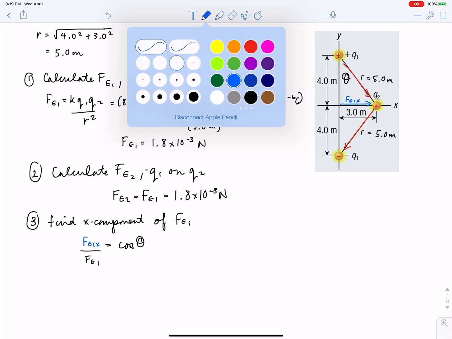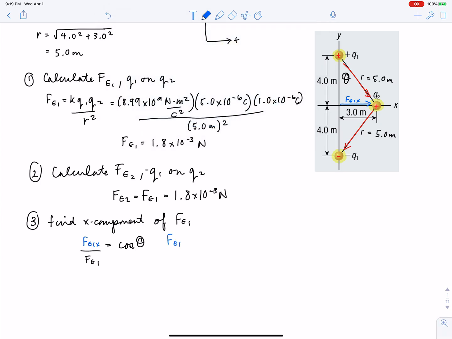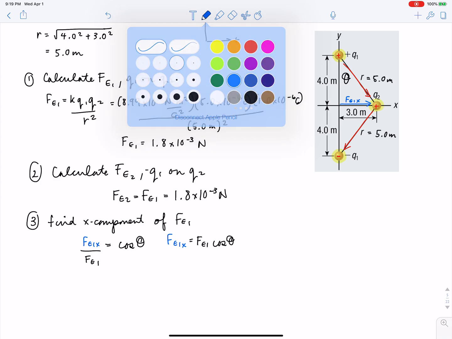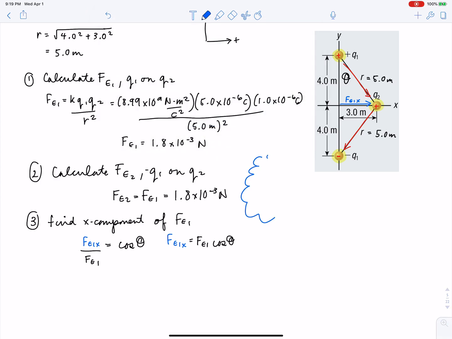So Fe1x is equal to Fe1 cos theta. And just so that we know, cos theta is equal to opposite over hypotenuse. So we can rewrite this as